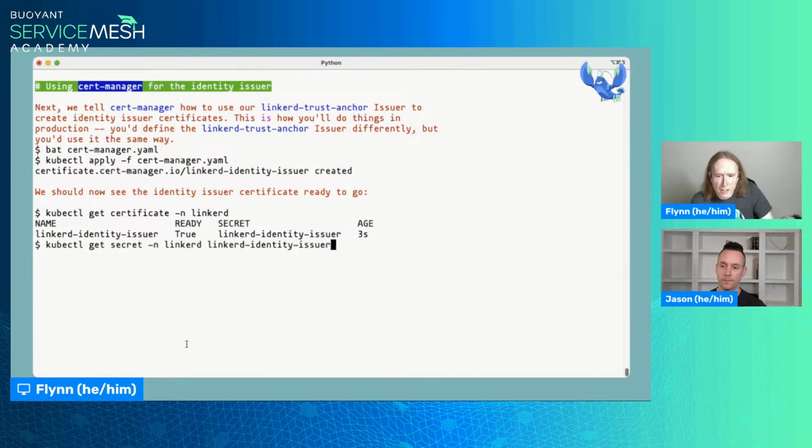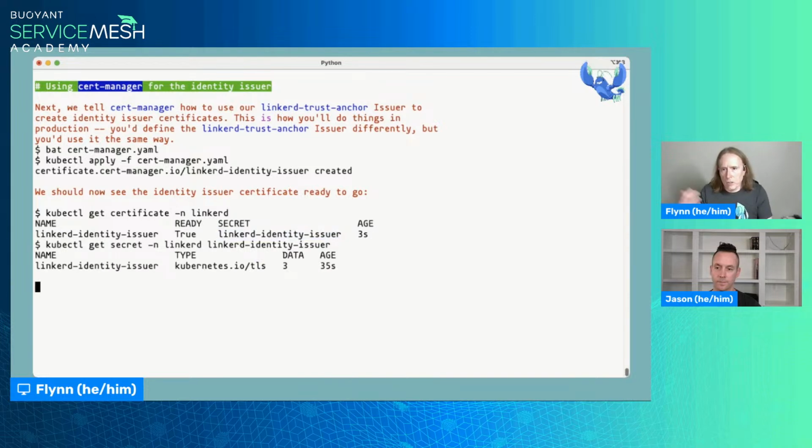You remember I mentioned that kubectl get actually tells you useful things. So one of the things that happens for Cert Manager certificates is that when you do a kubectl get on a certificate, it will tell you whether that certificate is ready to use or not. And it will also tell you which secret it's referring to. So in this case, we can see that it is ready, and it's written it into the linkerd-identity-issuer secret. If we go and take a quick look at that, then yeah, it's a TLS secret off and running.